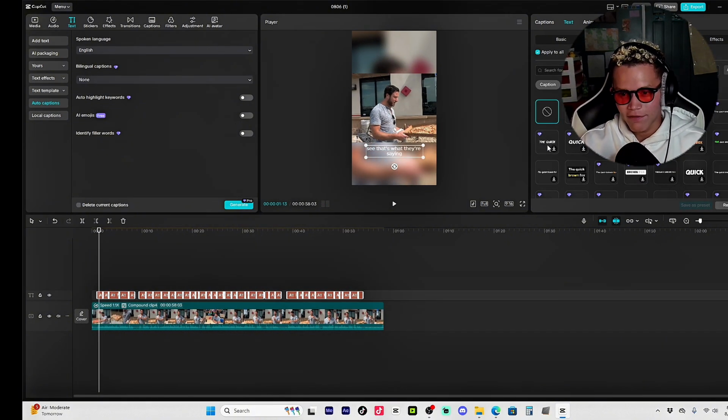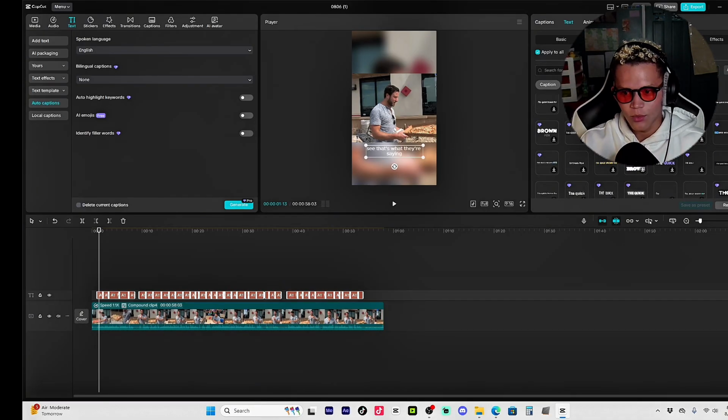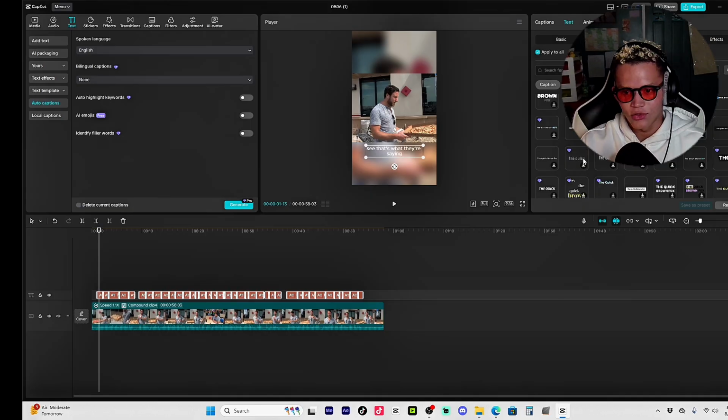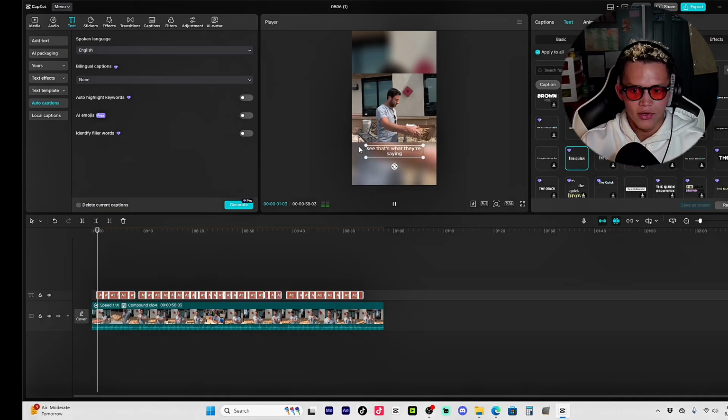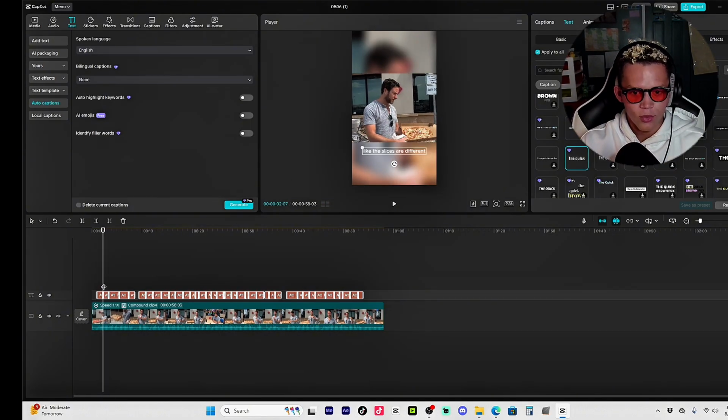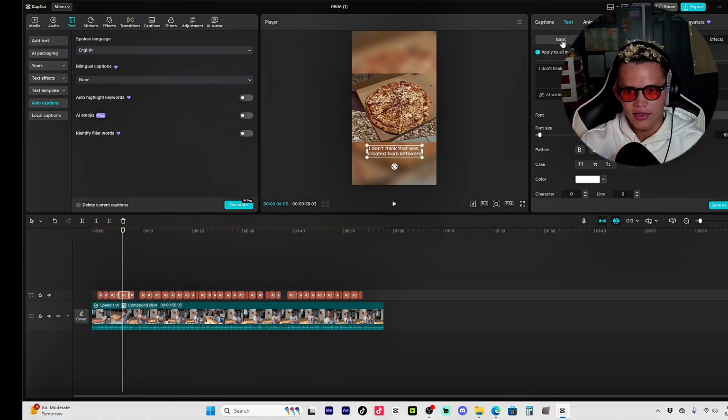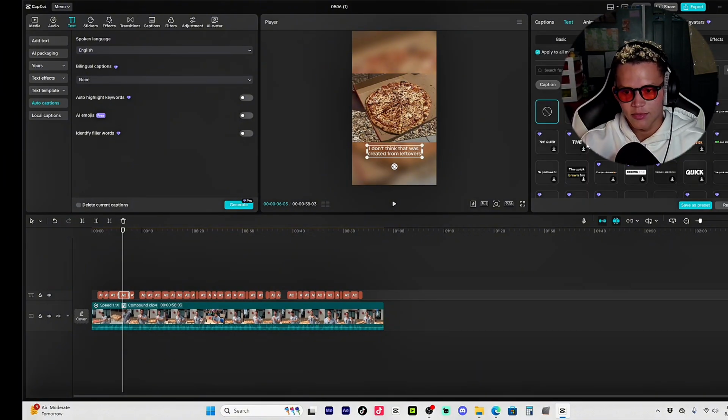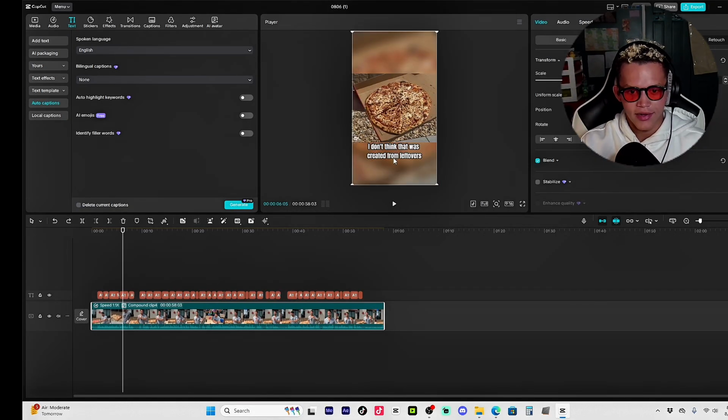I don't know why, but I haven't been able to find the text I usually use. It's the one with the emoji, but just find a good text, one that's not too hard to see. This is probably okay. I don't know why it's not going on, but find a good text, and then that's pretty much it. I don't know why it's not loading. Okay, that's a really bad text, but you're going to find a good one.